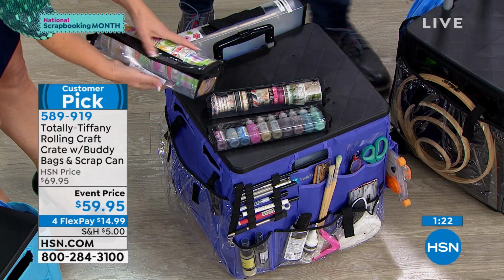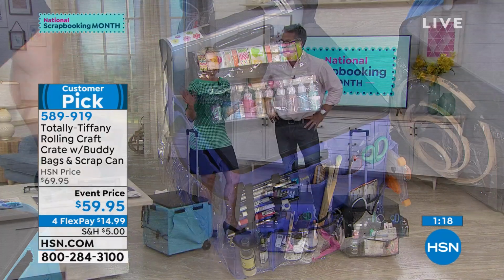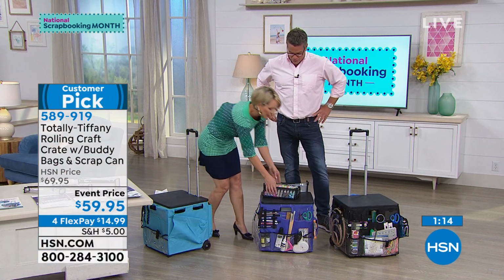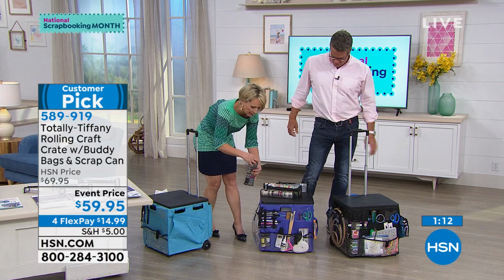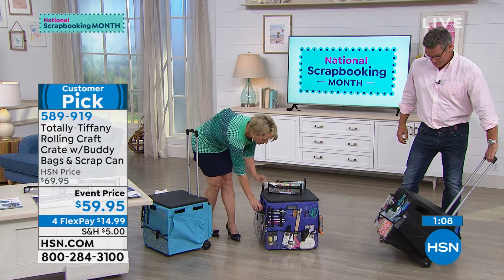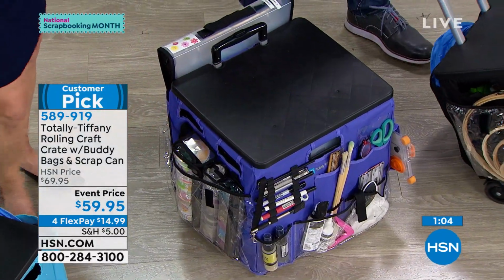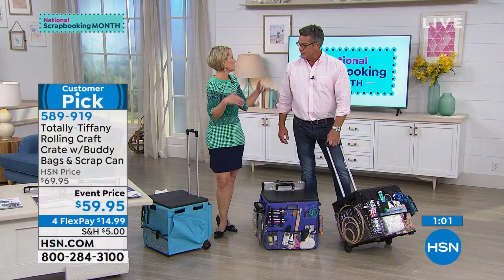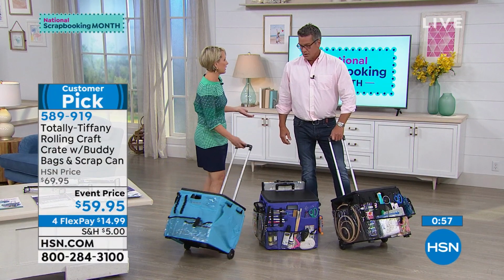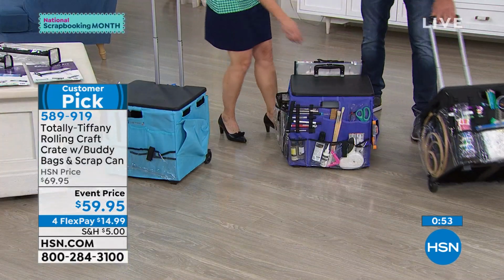Right. Everything's accessible, everything's visible. I mean, that's one of the reasons people love the buddy bags. And if you've been shopping with us on HSN, you probably have dozens of them, and you literally can fill your tote, and they have the little pull-up handle on the end, so it makes it super simple to pull them in and out. And again, we try to keep everything super visual. So we went with the plastic pockets so you can see what's in there, and you can really get to that. And it's just so easy to move around, right? You just tilt it back and off you go. It's just an awesome little...